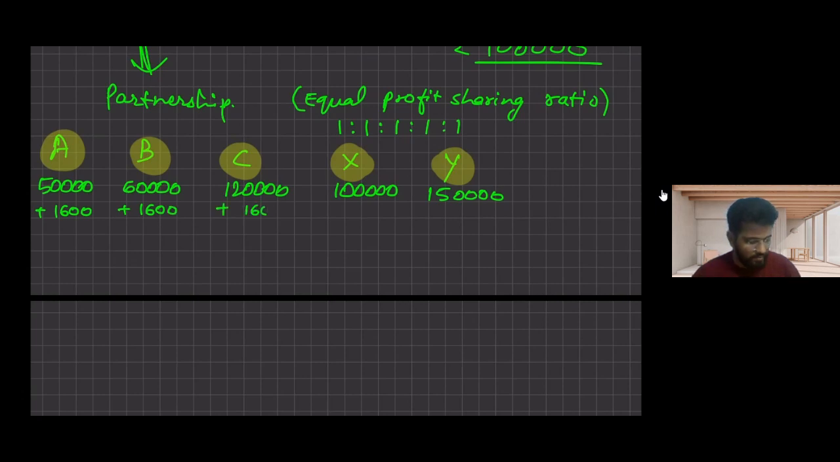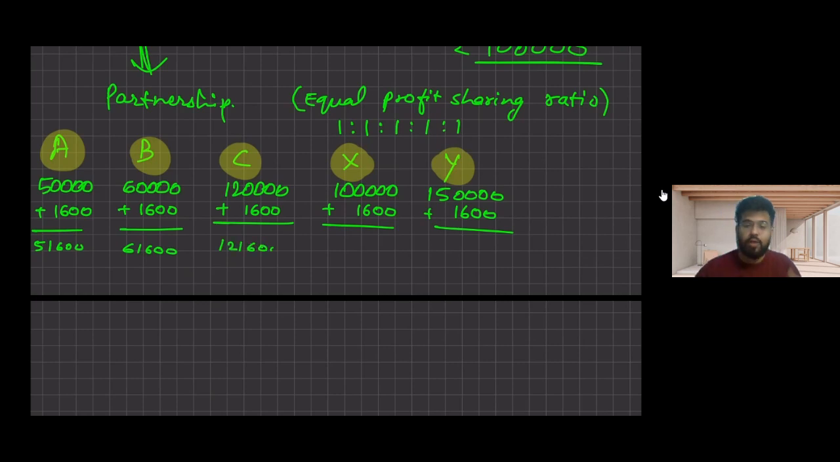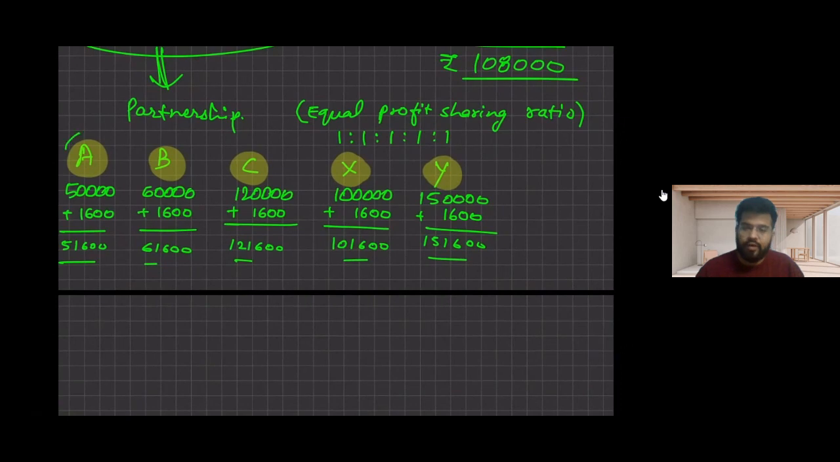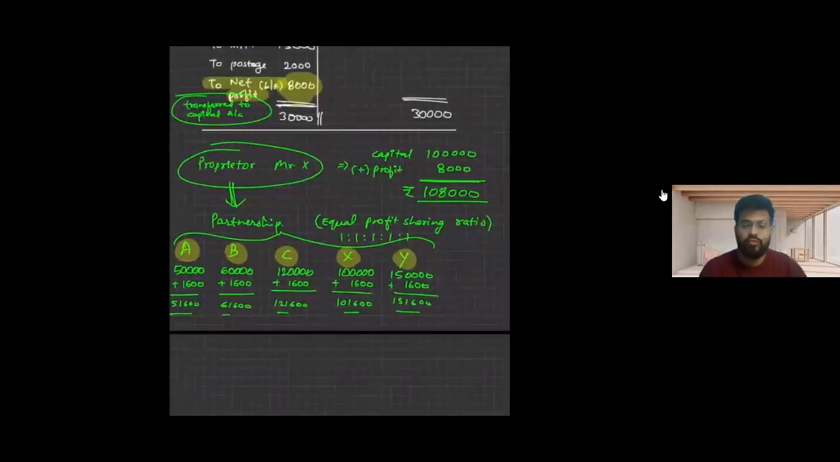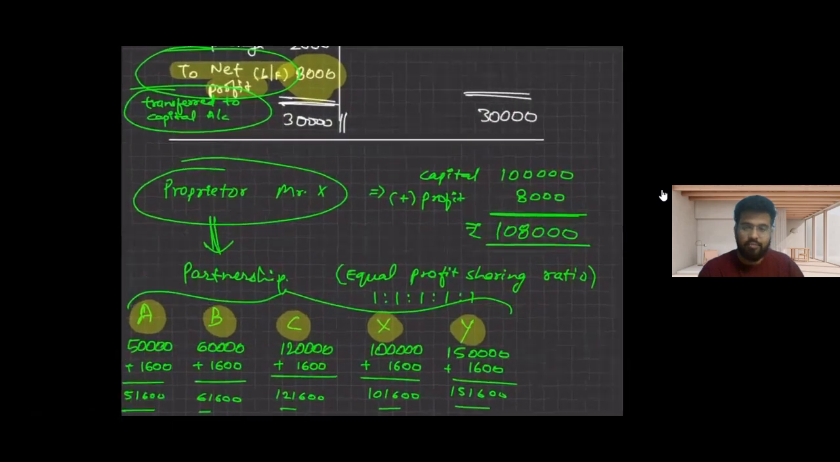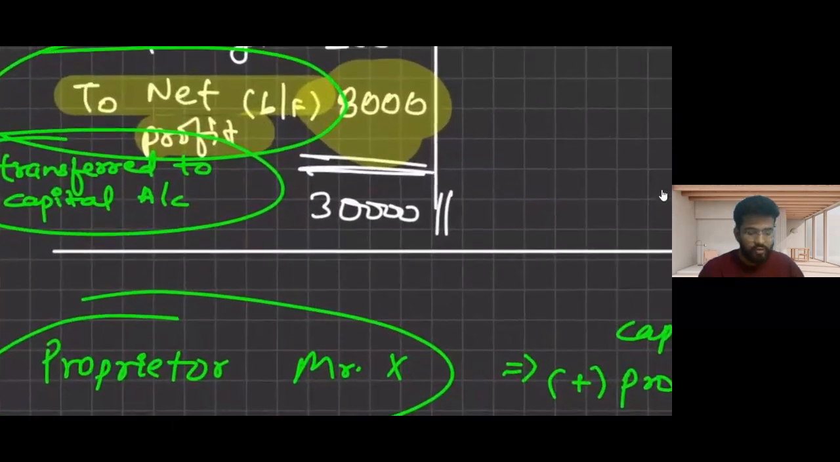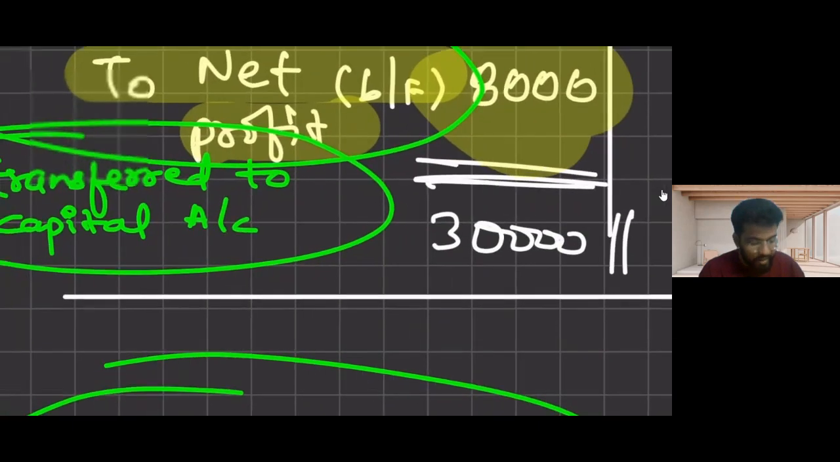Now the new capitals would be 51,600, 61,600, 1,21,600, 1,01,600, and 1,51,600. This whole calculation should not be shown for each partner in the balance sheet, because the balance sheet would become bulky. So now what the accountants and experts say is that this net profit, which we are transferring to the 5 people, should be transferred not directly to the capital account, but to